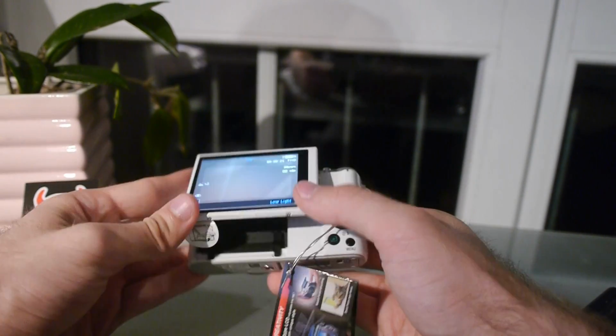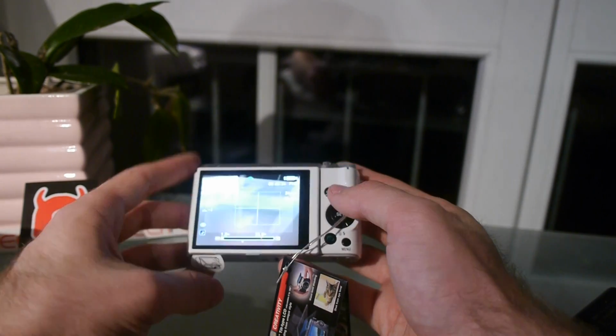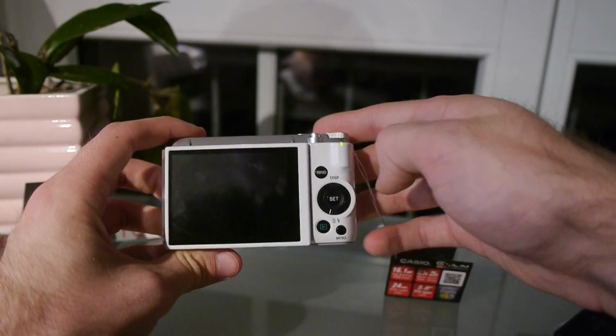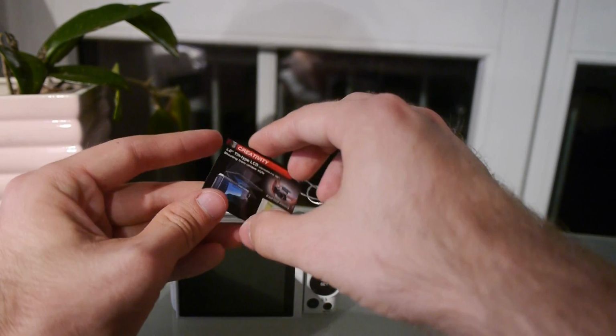Again, dim to dim like this. Now when I pull it down, you will see that it actually does not turn the camera off. Of course, you can turn the camera off on the top. And one of the best features about the Casio camera is, one of the reasons I bought it or would